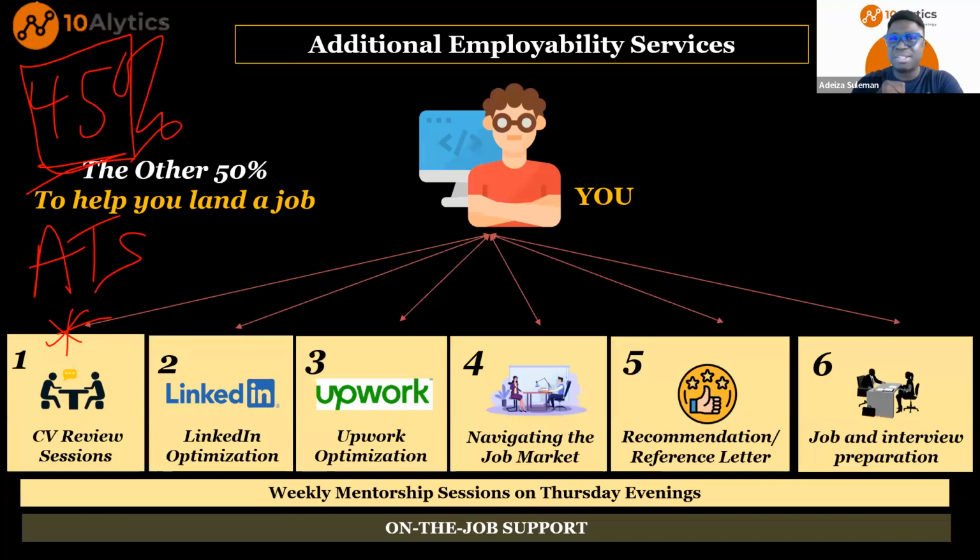So you have 85% of the keywords on your CV. So how do you start to create CVs that would give you positive outcomes, more interview calls, and so on and so forth? And that's what we would show you how to do. So the days of you applying to 100 jobs, 50 jobs using one CV would be out of the door, right? For every job you apply to, you start to tailor your CVs to the job description and the job requirements. And then LinkedIn optimization.